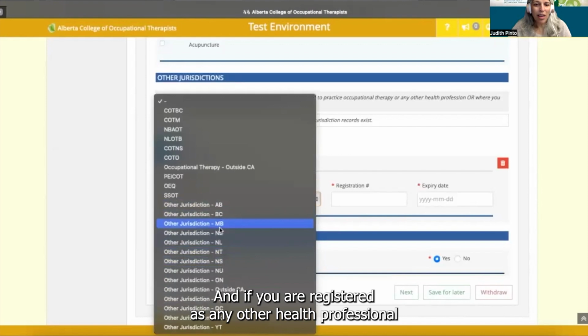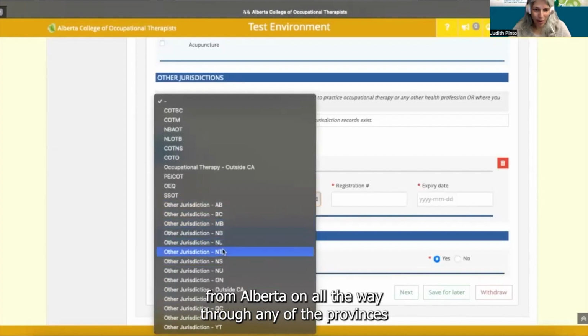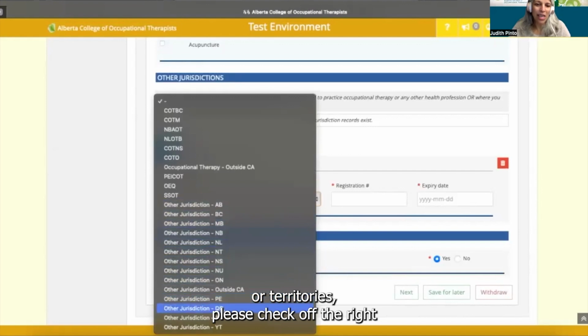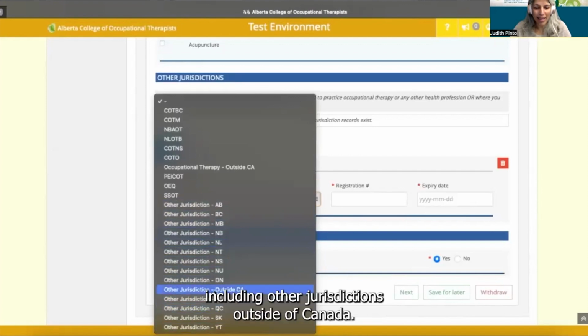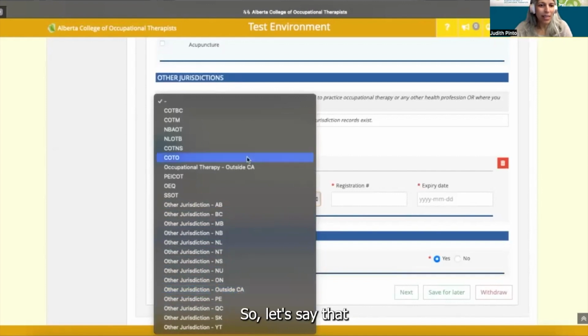And if you are registered as any other health professional from Alberta on all the way through any of the provinces or territories, please check off the right choice there, and including other jurisdiction outside of Canada. So